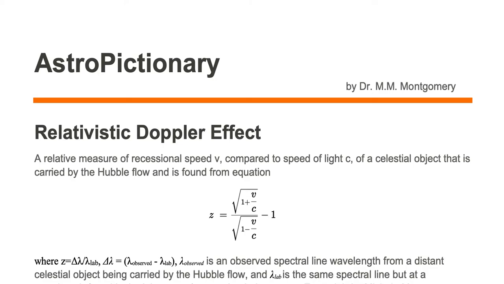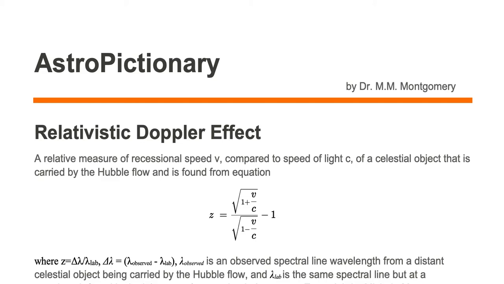Relativistic Doppler effect is a relative measure of recessional speed v compared to speed of light c of a celestial object that is carried by the Hubble flow and is found from the equation z, which is equal to the square root of 1 plus v over c divided by the square root of 1 minus v over c, and all of that minus 1. Where z is equal to delta lambda over lambda lab,